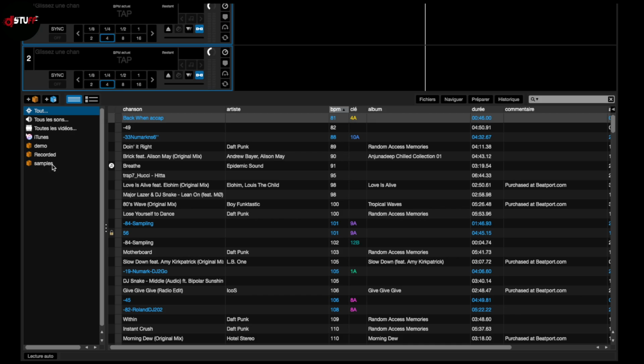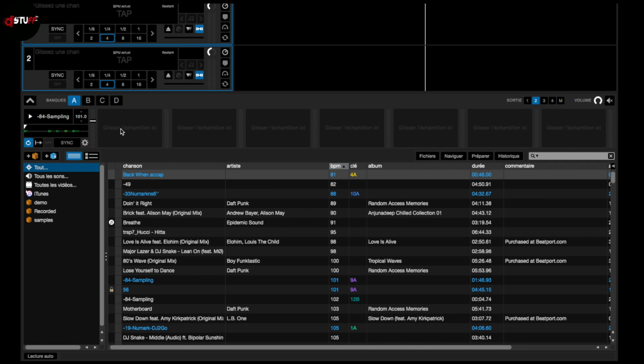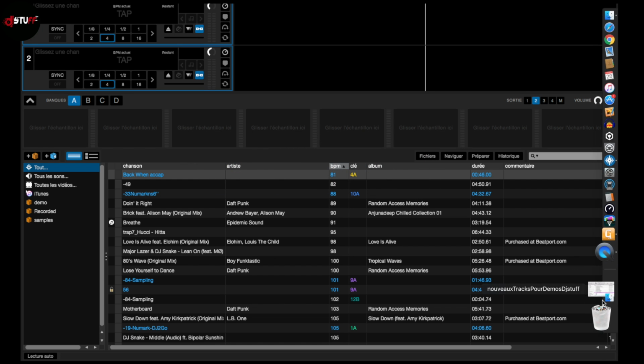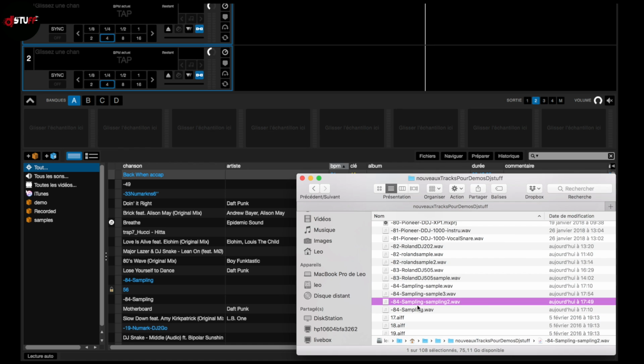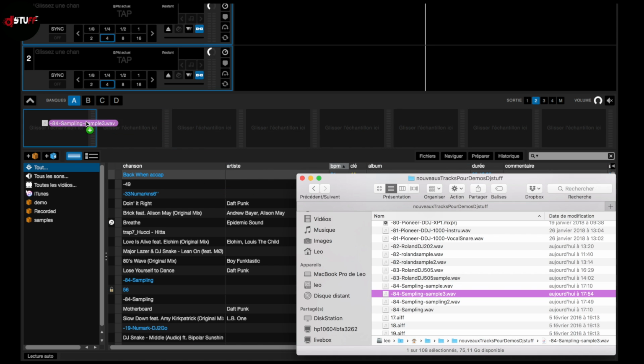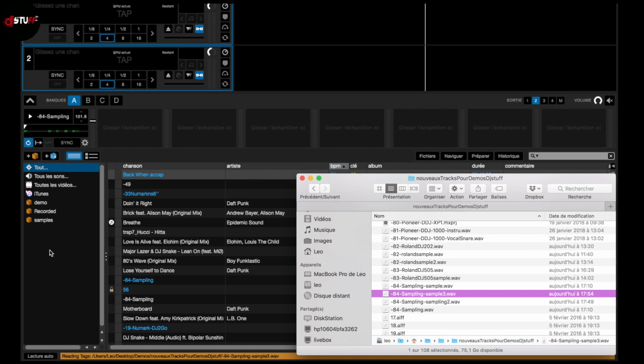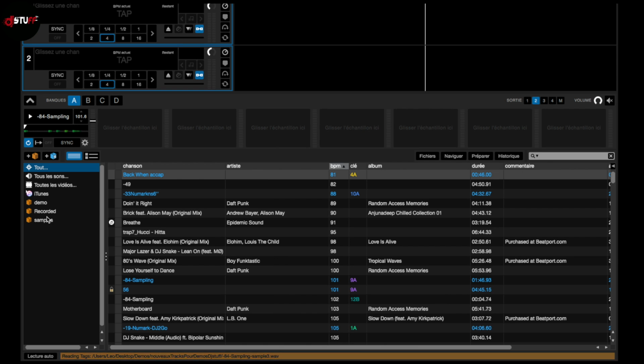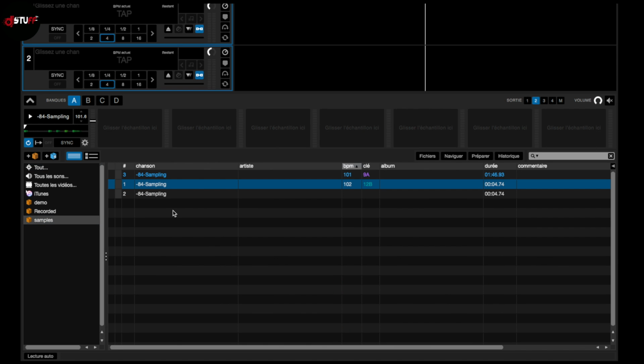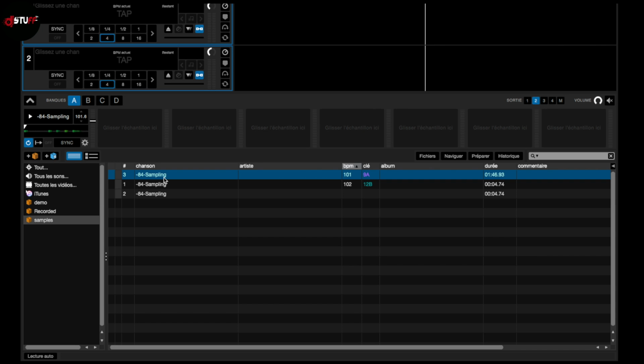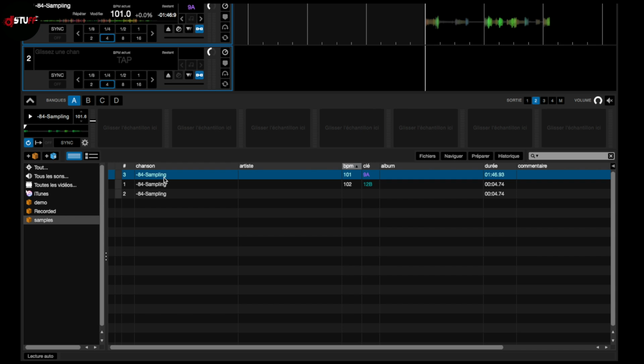So in Serato I have a little playlist. You can put your sample directly into a box like that. I will skip this one. Where is my folder? Okay, so I can put my sample directly here, or I can put it directly into a playlist and put my sample, no problem. After I will put my track here